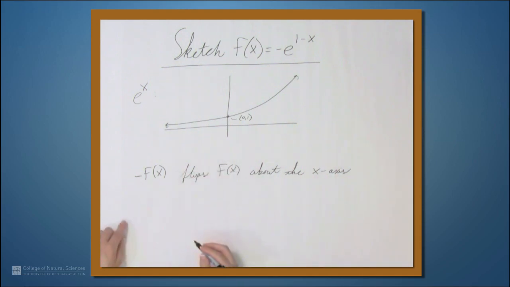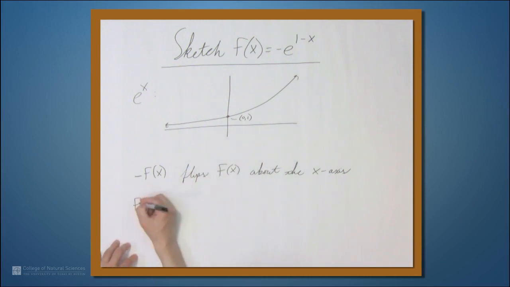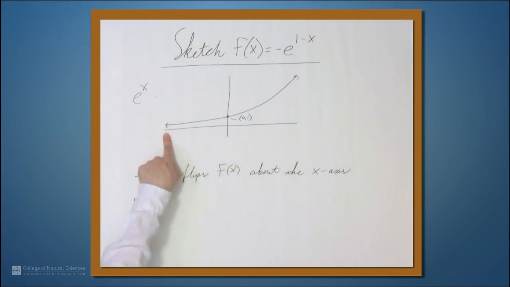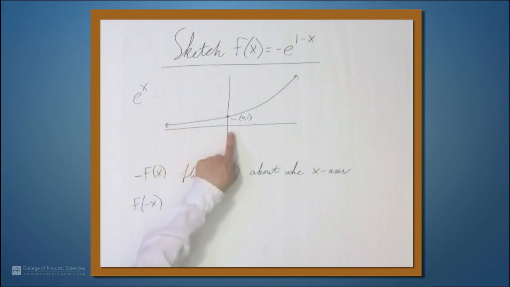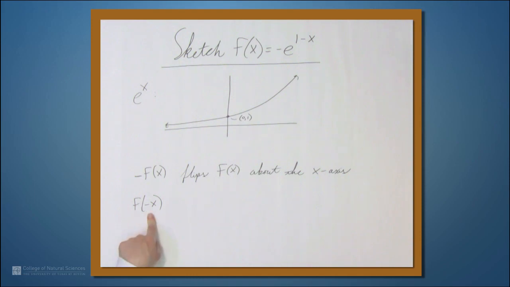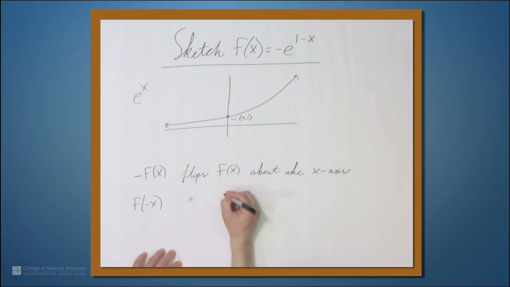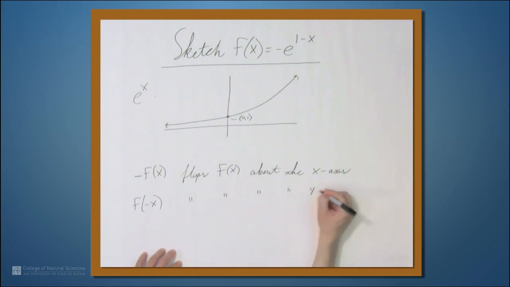But what are we doing? We want e to the negative x. Well, we also want this, so it's worth mentioning. We'll do that later. But we have f of negative x. Now, what are we doing? If we plug in positive values of x into f of negative x, then what's inside the parentheses becomes negative. So it's going to behave like f does going along here. Likewise, if you plug in negative values, they're going to turn out positive. So the negative behavior of this function ends up over here. So f of negative x flips the graph of f of x about the